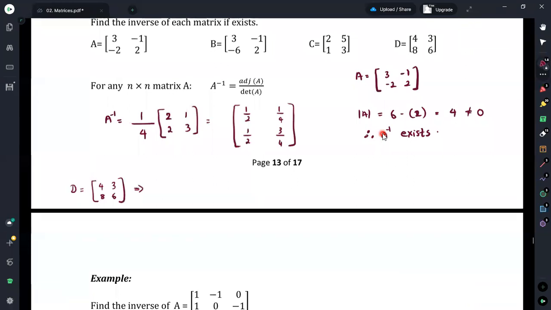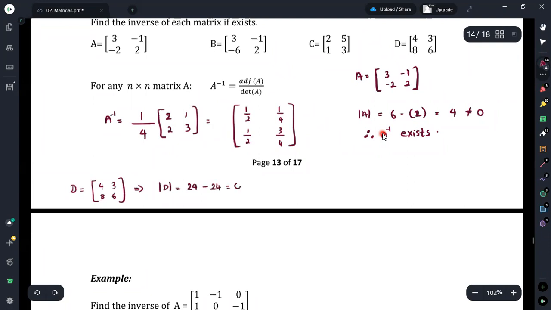First, we need to take the determinant of matrix D. It is 4 times 6 minus 8 times 3, which is 24 minus 24. This equals 0. Therefore, since this determinant is equal to 0, we can say that D inverse